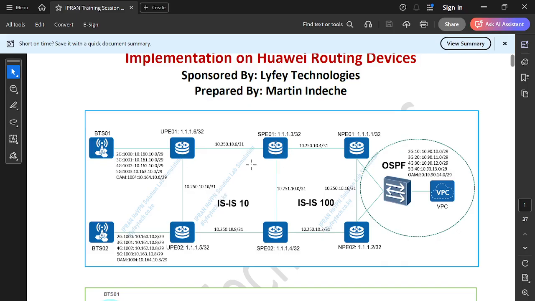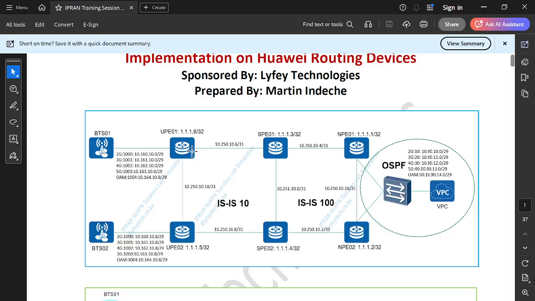If you try to access the loopback of UP1 or UP2 from either of the nodes, if you are on SPE01 and you try to access the loopback of UP02, there should be an issue. Also, if you are on SPE02 and you try to access the loopback of UP01, we also expect to experience a similar issue. So that is the issue that we will be trying to fix, to establish why we are